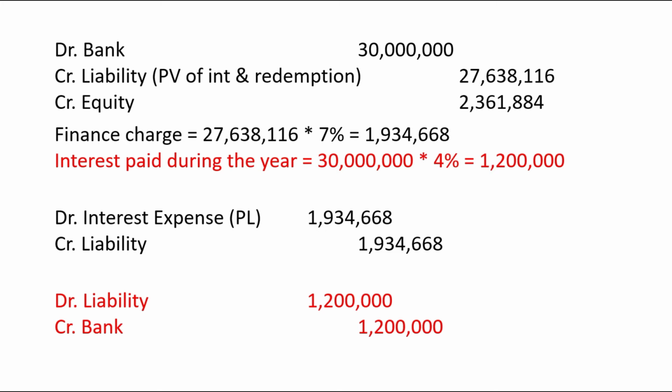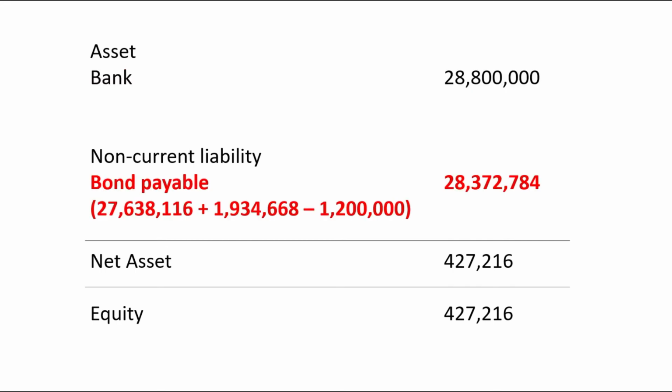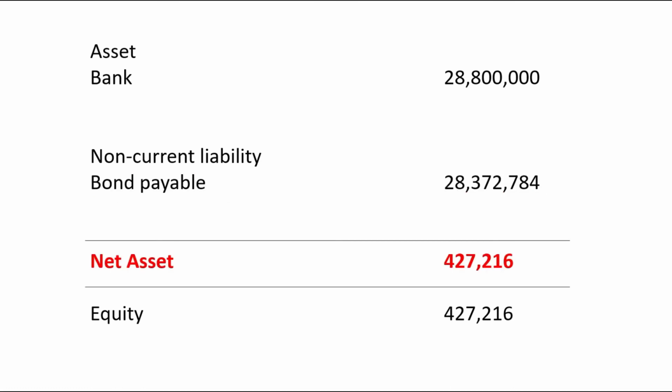Finally, the company's balance sheet after 1 year shall look like this. Under asset, in bank we have $30 million minus interest paid to investors. Under non-current liability, we have bond payable, which equals the finance charge and present value of interest and redemption minus interest paid to investors in the first year. And this gives us the net asset of $427,216. Finally, the equity will equal the equity element minus the finance charge to be recognized in the profit and